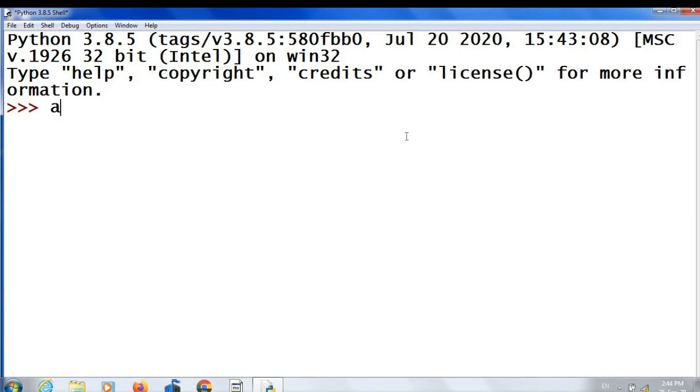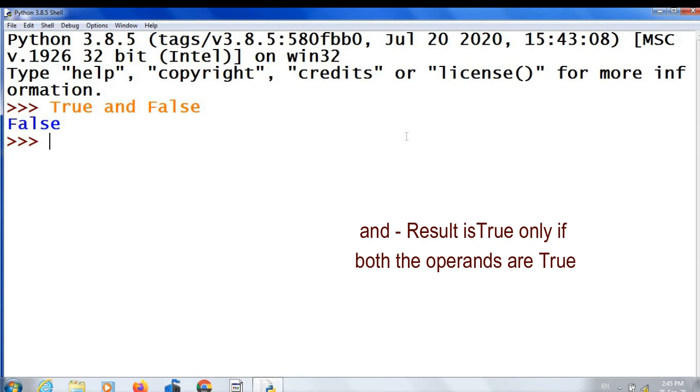Next is the AND operator. It is a binary operator. We will see some examples. True and false. See, the result is false. The AND operator evaluates to true only if both of its operands evaluate to true. False in all other cases. Here one operand is false, that is why the result is false.